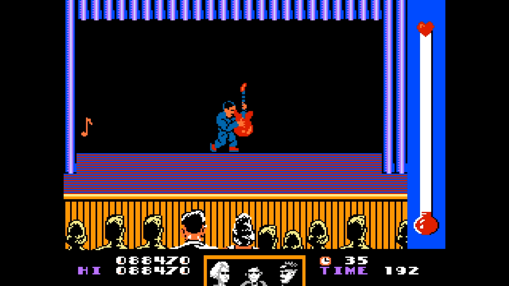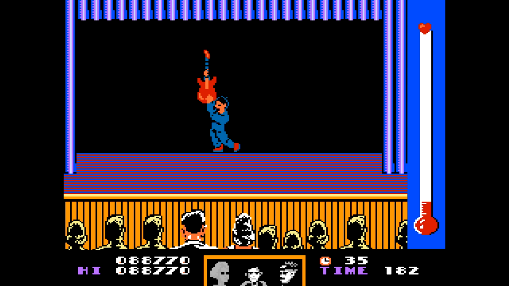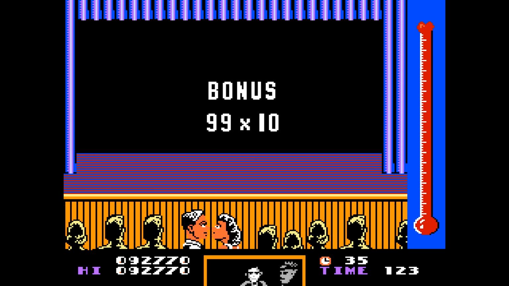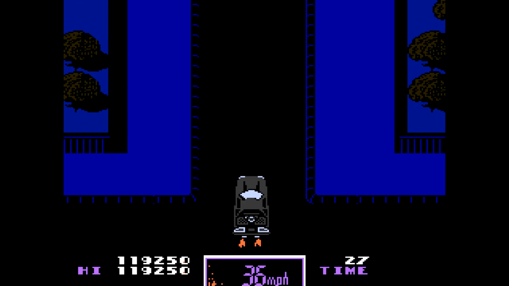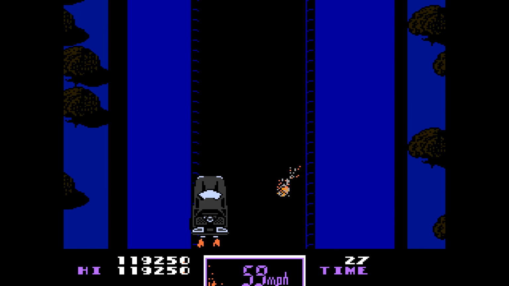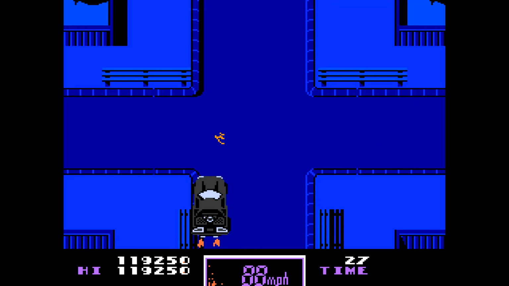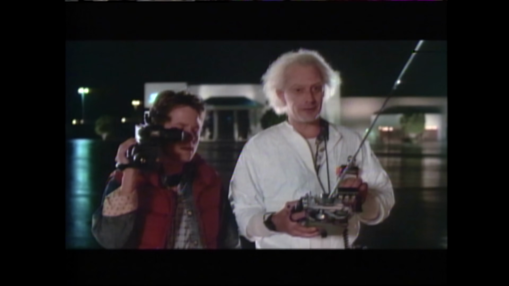his electric guitar in order to catch notes, while playing a probably not legally licensed rendition of Johnny Be Good in order to fill up the love meter on the side of the screen, which somehow makes his teenage parents want to bump uglies. And the final event sees you accelerating in the DeLorean as you cruise the road with the goal of reaching 88 miles per hour and maintaining that speed until you hit the wire spanning the road, whereupon you're gonna see some serious shit.